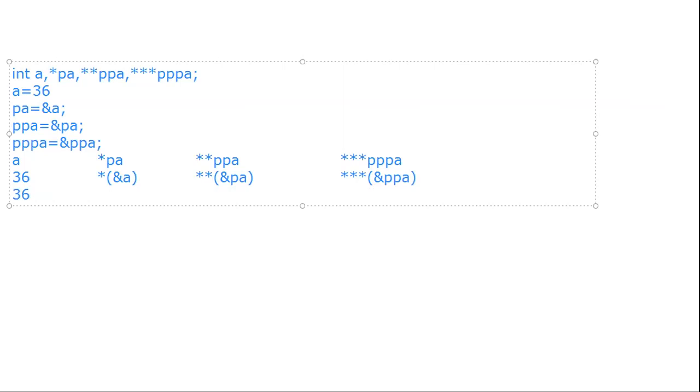Okay, star of ampersand A means A. Next, star of ampersand PA. So please note, star of ampersand PA means it retrieves the value in that PA address. Okay, in PA address what do we have? We have ampersand A. Okay, address of A, star of ampersand A.